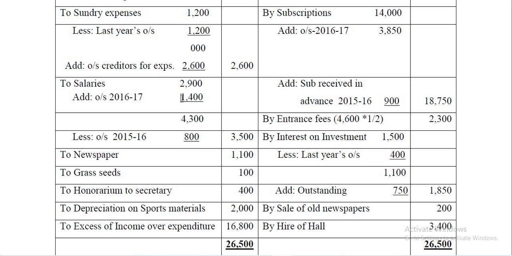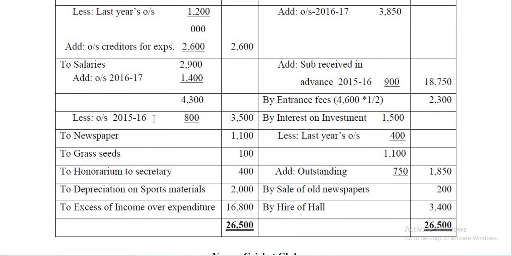1,400 is relating to current year outstanding, so add it. But 800 is relating to last year, so deducted, so 3,500. Let me make it very clear. This is outstanding for the current year, therefore it is added, whereas this is relating to last year. 2,900 includes rupees 800 paid for 2015-16, that is last year, and therefore that is not the expense of current